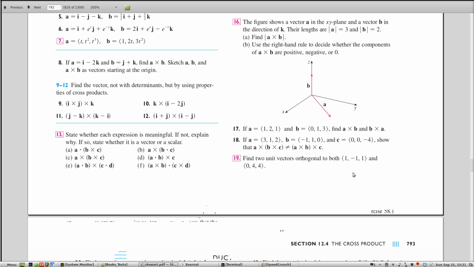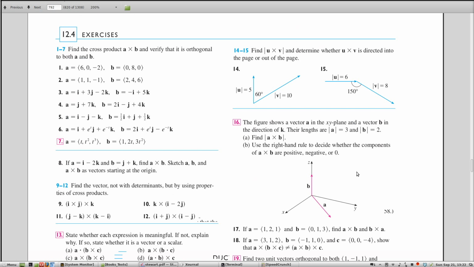Okay, so don't touch that scroll bar. What have we got here? It's just asking you about the right-hand rule. So find the magnitude of the cross product. That's asking you to do, if you can kind of complete the parallelogram here, then just use the formula height times width, and to find the height you have to do a little bit of trigonometry using 5, and so